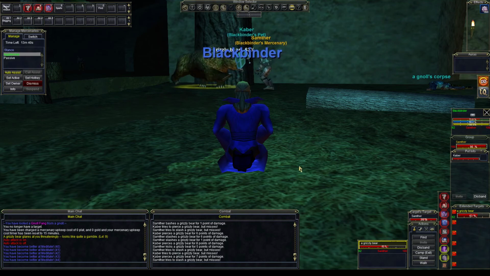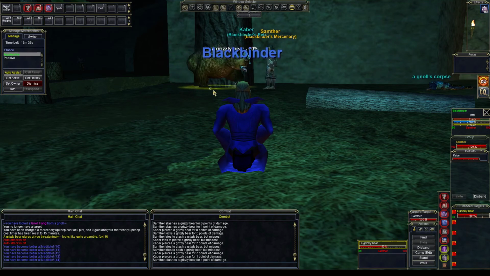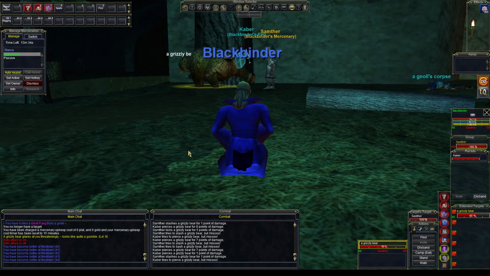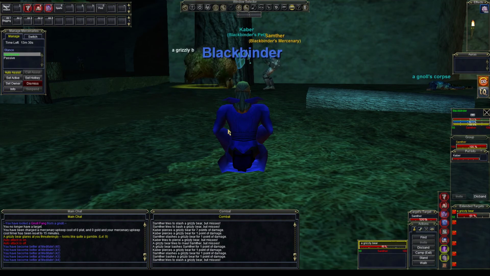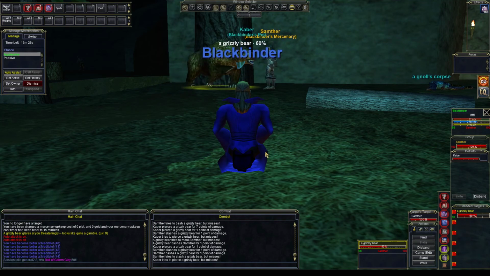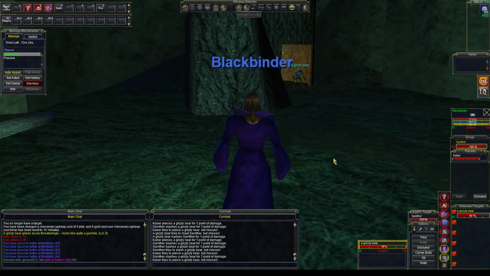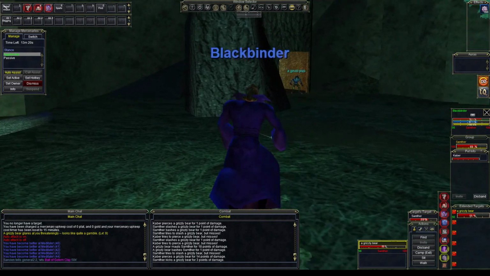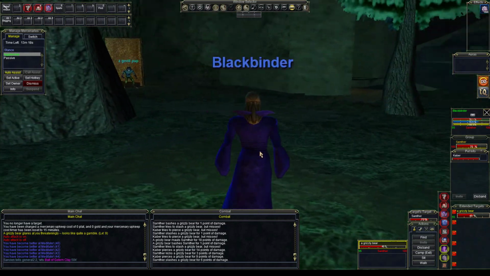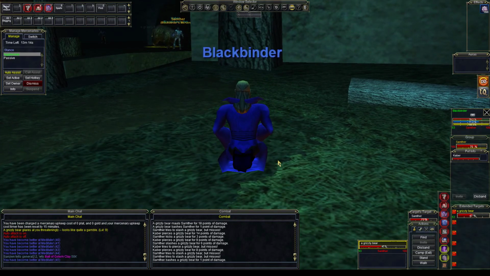You know what it is? I don't think this grizzly bear was meant to be in this zone. I think they put him in instead of the level 17-ish gnoll, the named gnoll that goes through here, as a way to basically let people in easier. Because this is a level 4 or 5 area right here, and a level 17 gnoll would constantly walk back and forth. So if a high-level dude didn't come in and kill him...